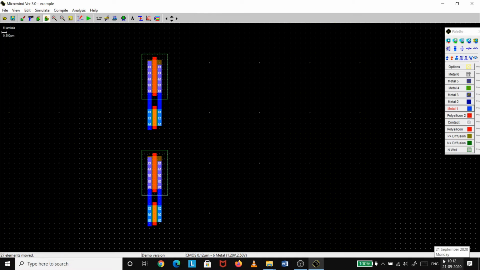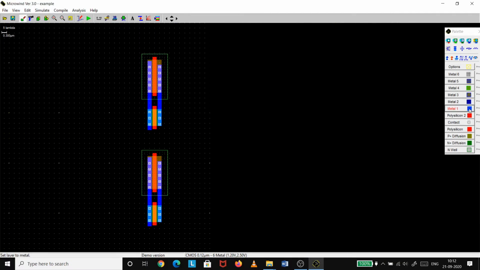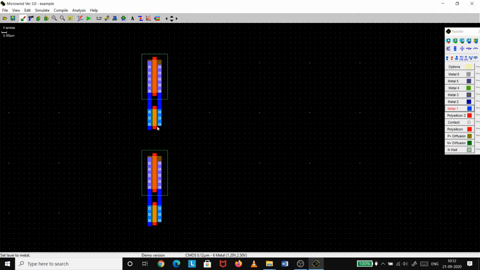Now for connection of one transmission gate with the second transmission gate for the 2:1 mux design, we will use this metal, and also gate-to-gate connection will be required.